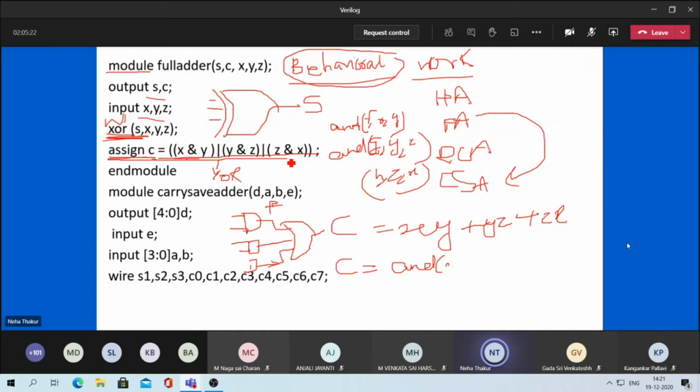So that means behavior can be judged or analyzed from looking at the expressions. So similarly for these gates, for finding out the behavior, if you write the equation, you will get the behavior of that.